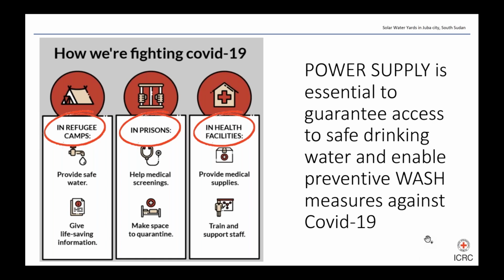In a context where power supply from the grid is almost non-existent, with only 1% of the population having access to electricity, none of the activities would be possible without including a solution for power supply at the onset of any response. The government of South Sudan and the African Development Bank are upgrading the power distribution system with 20,000 domestic and commercial consumers planned.